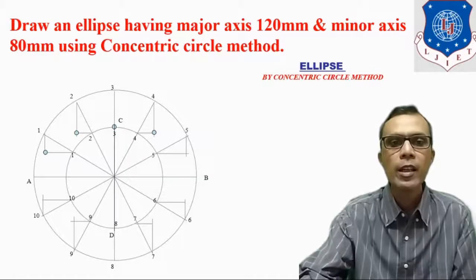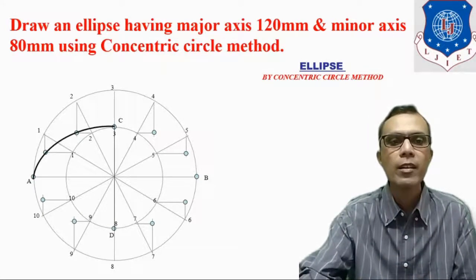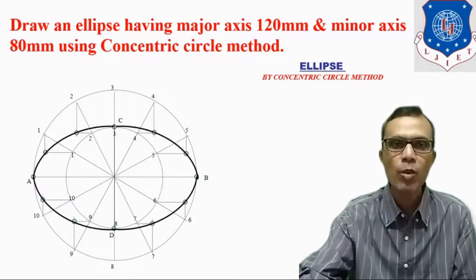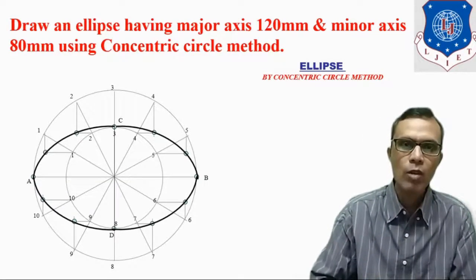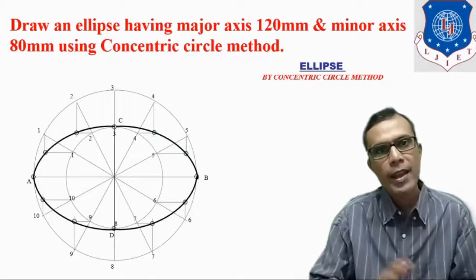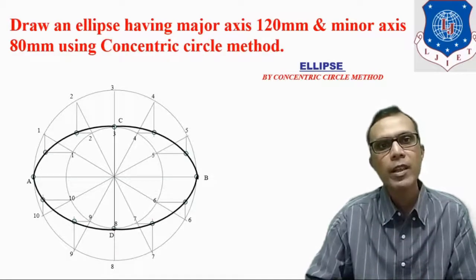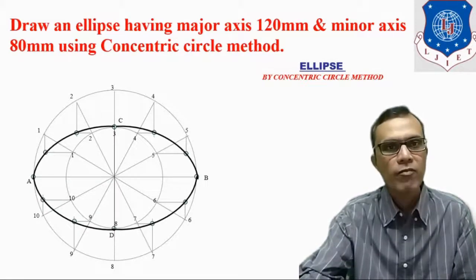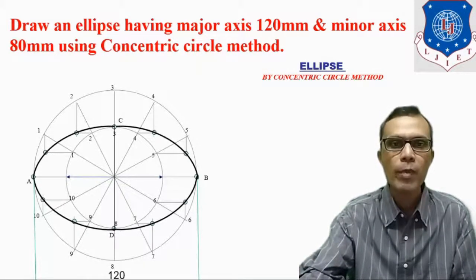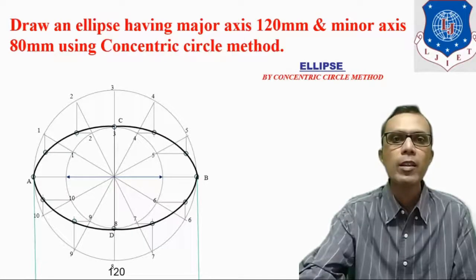So these are the required points of the ellipse, and then we have to join all these points with a smooth freehand curve. Once it becomes proper, then we have to make it thick or darker. One important point is that always the main diagram should be darker as compared to other construction lines. In diagram it is very clear the main diagram is ellipse and it is thick or darker as compared to other construction lines. Finally, write down the dimensions of major axis and minor axis. Thus, ellipse is completed by concentric circle method.